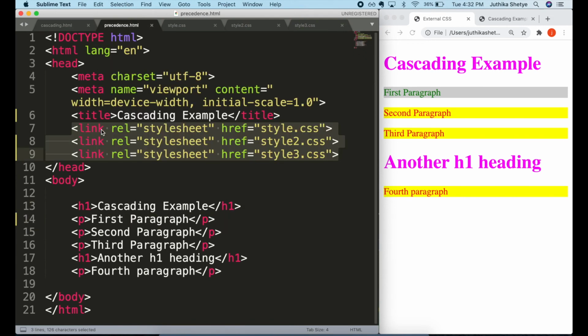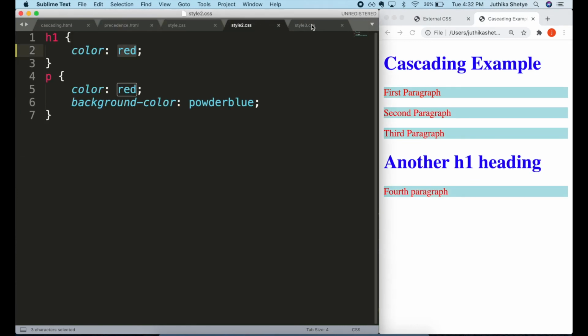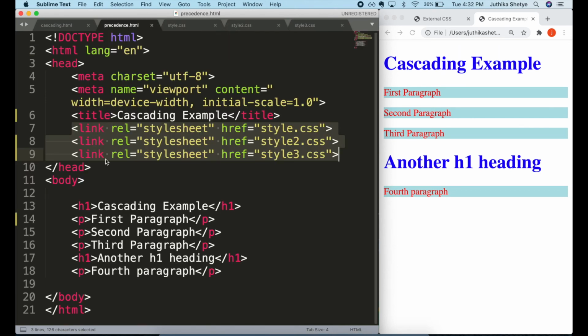But what if you have linked to 2 or 3 different style sheets and that same H1 has been defined to be red, blue, and green, but in different files? How does the browser know what to do? Well, how it works is that the rules from the most recent file have precedence. And that means the browser goes up into the head section and goes 1, 2, 3, and it kind of looks at what order you listed them. And the last one you listed is the one that's going to have precedence.